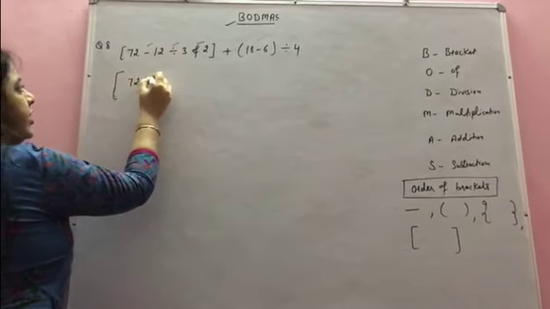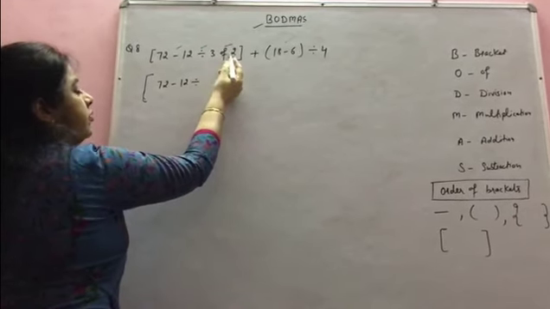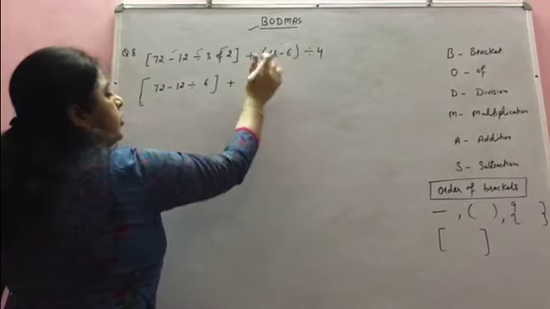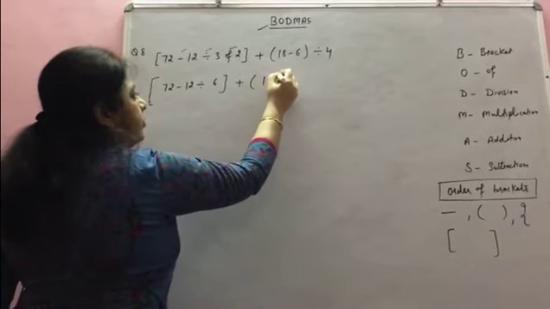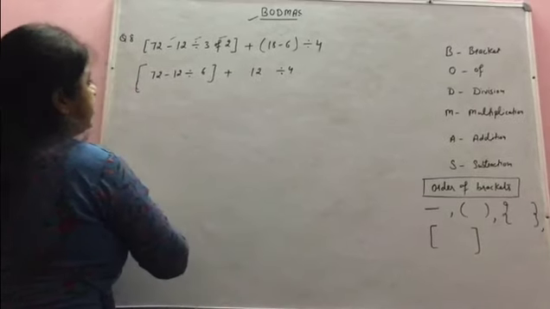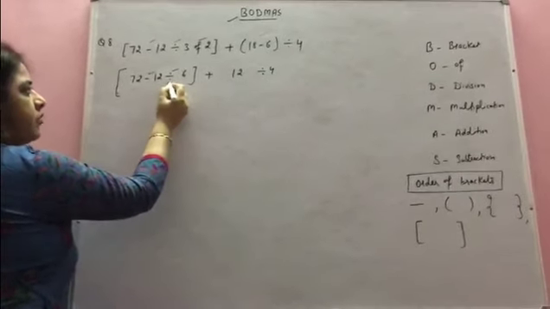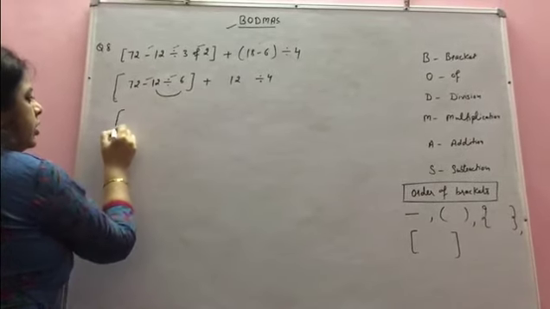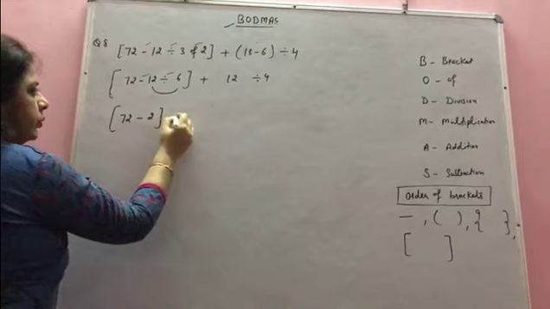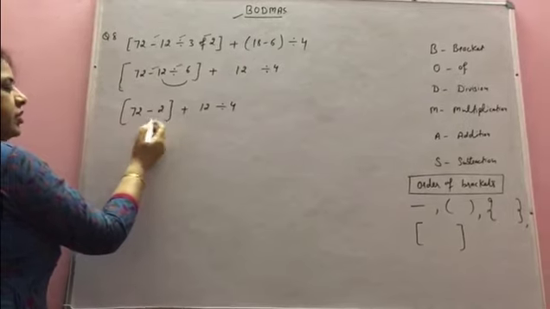So 72 minus 12 divided by 3 of 2. Of represents multiply. So 3 of 2 means 3 into 2. It will be 6. Solve this bracket also. So 18 minus 6 is 12. We can remove this bracket because only a single number is in it. Now complete this bracket, minus and division. What will we solve first? Division. So we will divide these two. 72 minus 12 divided by 6 is 2, and keep the rest of the things as they are. Now solve this bracket. 72 minus 2 is 70.